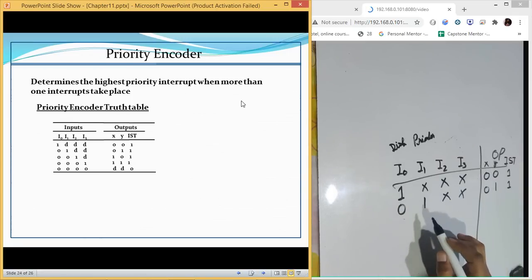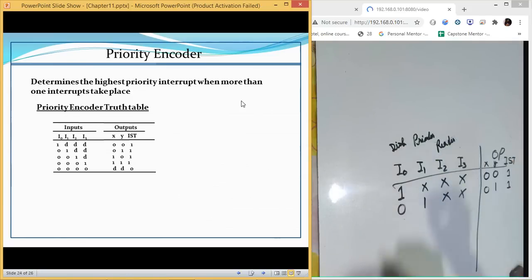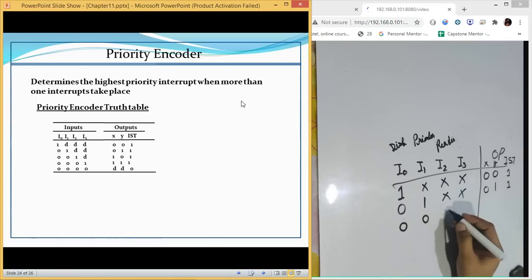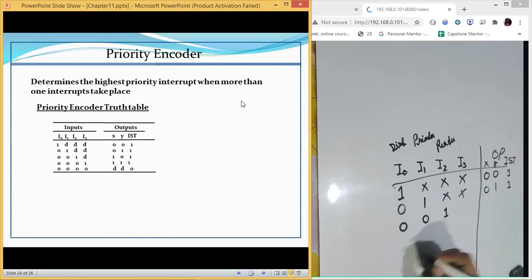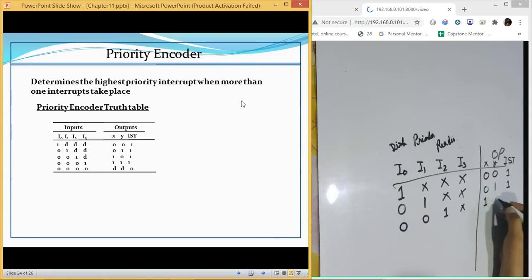Now let us move to the third device, which is, I think, a reader. Now if the reader generates an interrupt, then it will be better that these two values, like printer and disk, should not have an interrupt generated already. Then this value will be 1, and the last value will not matter. What is the last value? And this output will be 1 0, and still IST will be 1 because there is one device which has generated an interrupt.